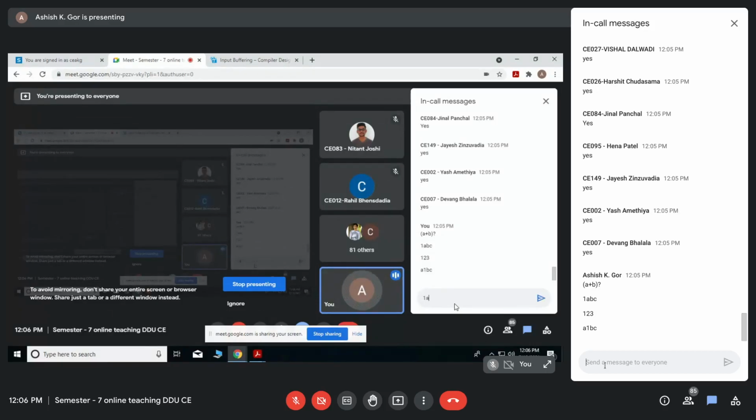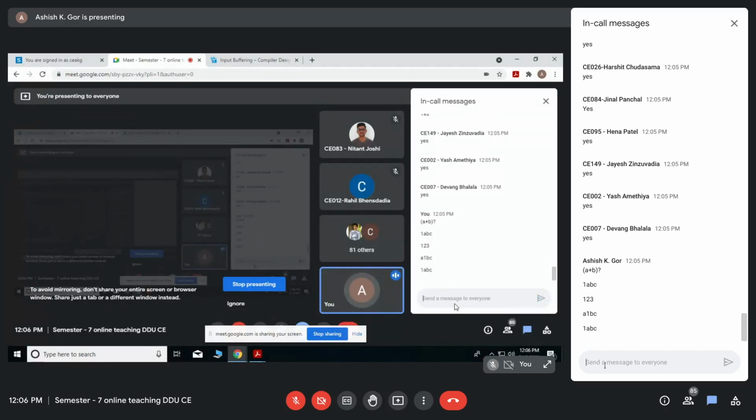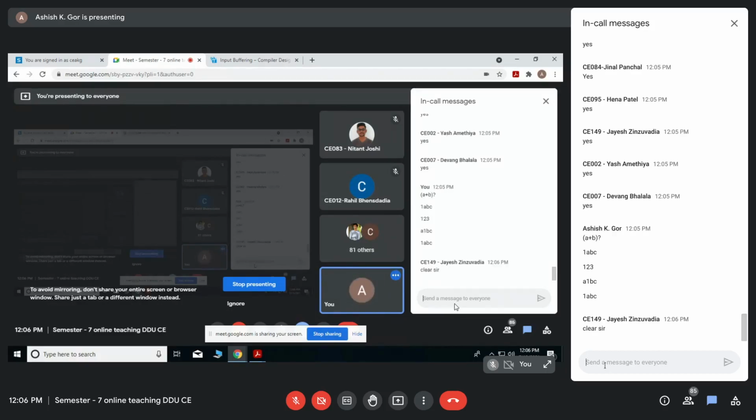But 1 followed by ABC is not correct because it does not match the regular expression that you have written, or any of the regular expressions for different programming language constructs, and that's why it will produce an error. Jayesh, is this clear now? Is the question answered? Yes. Okay.